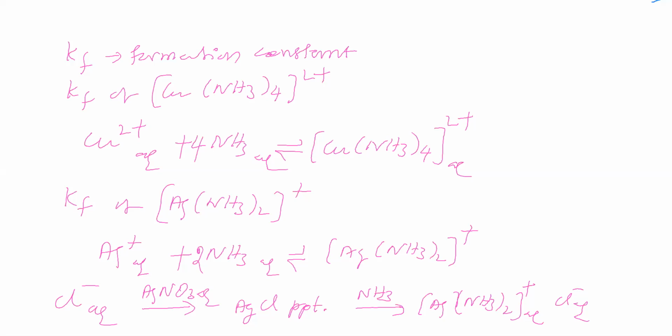Now let us see this formation constant value. For this complex, the Kf value given is 1.1 × 10^13. The equilibrium constant is this much. Kf is equal to the right side in the numerator, and the left side in the denominator. You see that Kf is 10^13, which means the numerator is much higher when compared to the denominator. This indicates equilibrium lies